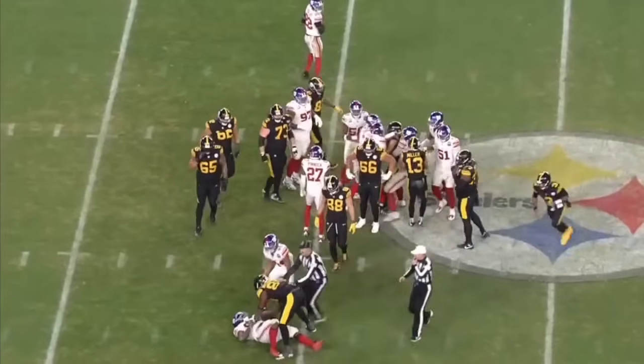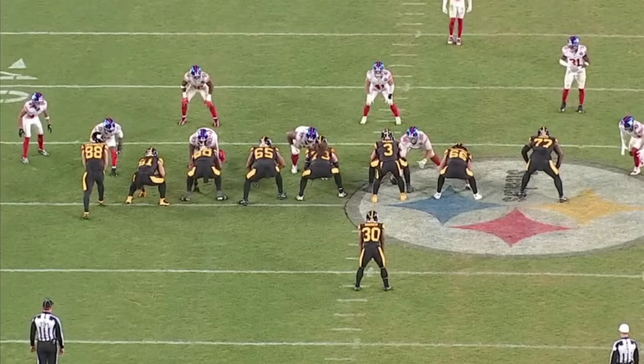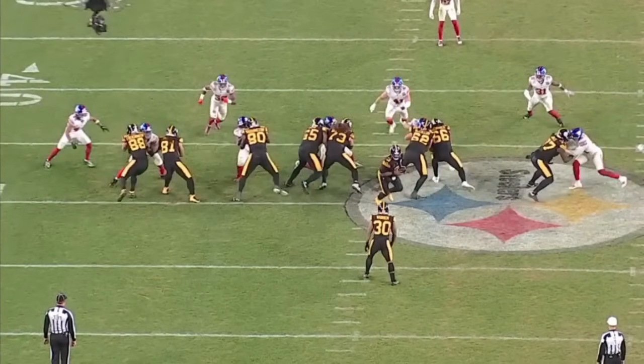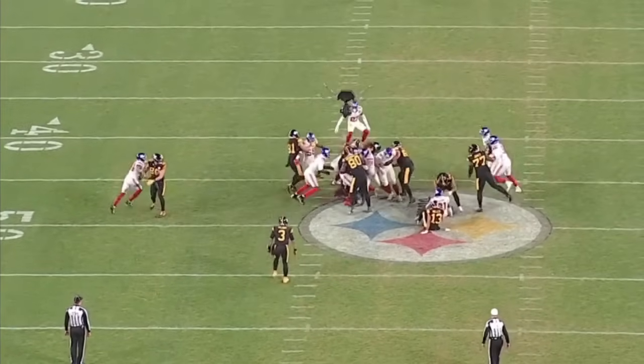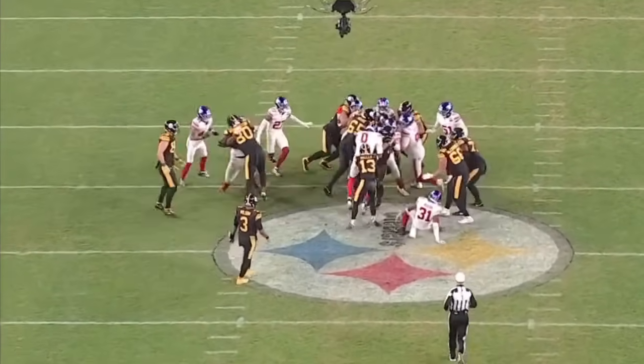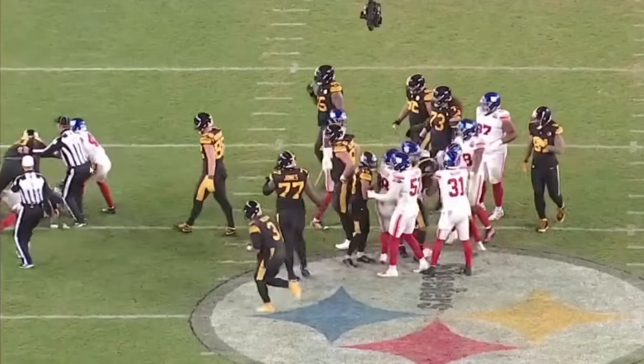So just good technique, quick off the ball, good hand placement, stick, run your feet, don't get top heavy. If you stop your feet and start to fall forward and lunge, then you lose all your power. Your power is derived ground up. And so just a good job here, keeping his feet, moving laterally, staying engaged, good grip strength, and then finishing this play out. And those guys going at it after the play as the refs...